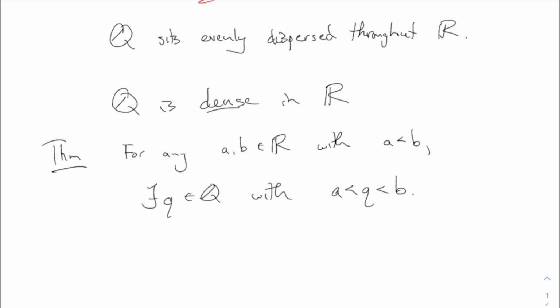Yes? Is that like only one rational number, or is it like? No, actually, there will be infinitely many. Yeah, because if you have two numbers A and B, there's a rational in between. But then you could also consider q and B; those are two real numbers, and so there's also a rational number in between them, and so on. So it's not like there's only one. There's infinitely many. But this is the density property.